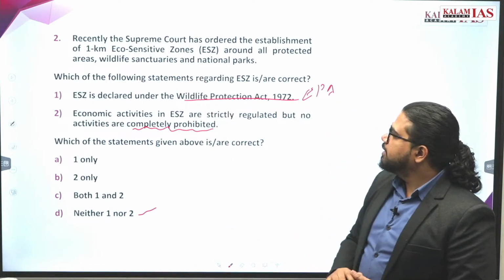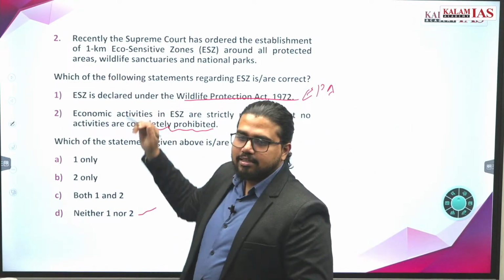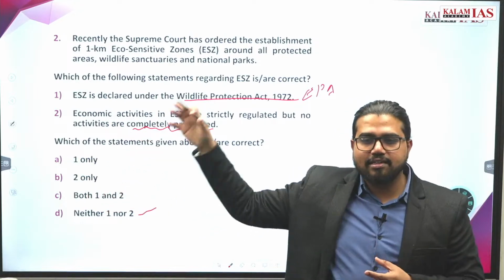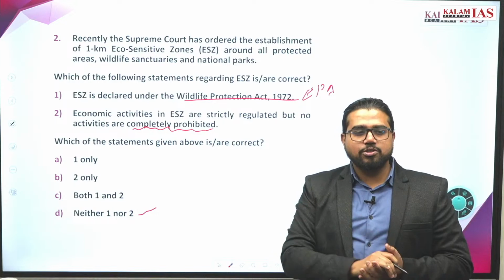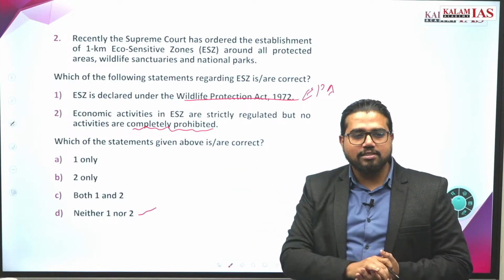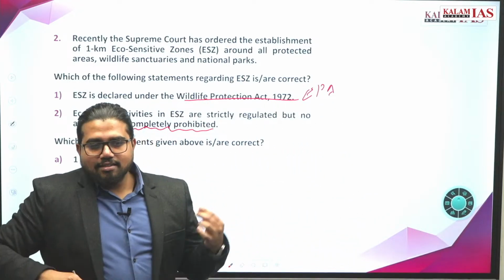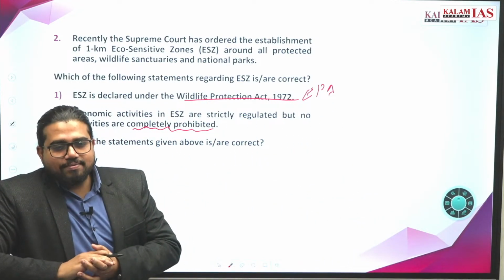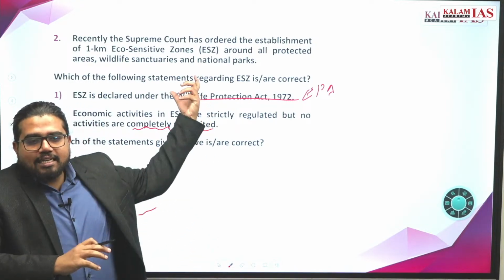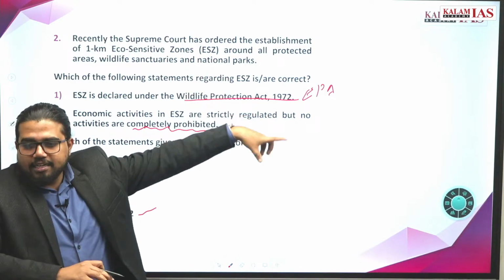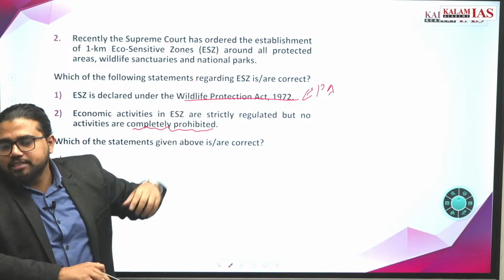Very much true. Here what you have to know is the Supreme Court recently declared this. At least 1 kilometer around all protected areas should be an eco-sensitive zone. Now what was the response to this? What was the aftermath of this? There were protests in many states. In Kerala, basically, there was a protest against this verdict. So this became news. Now if you know this became a protest, some people are protesting. Why are they protesting?